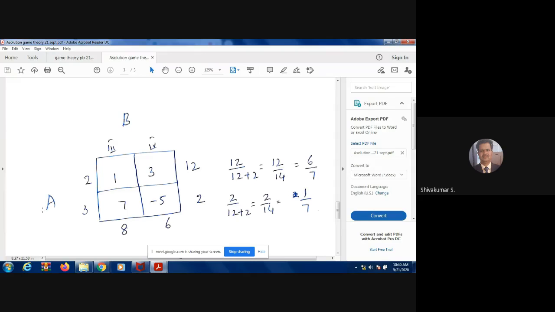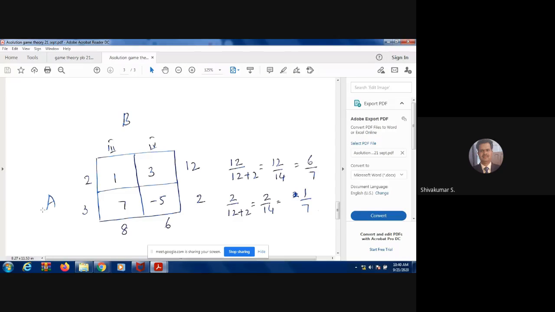Because this is the mixed strategy problem, we write the oddments of row 1 to row 2, row 2 to row 1, and only column 1 to column 2, column 2 to column 1. That's why the difference of 1 and 3 is written on row 2, the difference of row 2 is written on row 1. The difference of 1 and 3 is 2. Second row difference, 7 minus of minus 5, 12. Then the first column values 7, 1, the difference is 6. Second column values 3 and minus 5, 3 minus of minus 5, so plus 5, 8. You got the oddments?